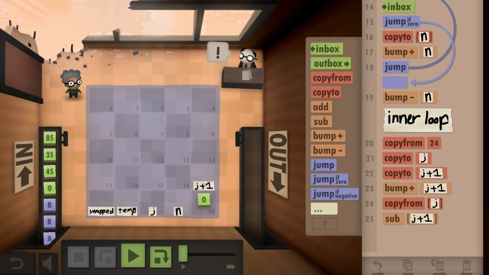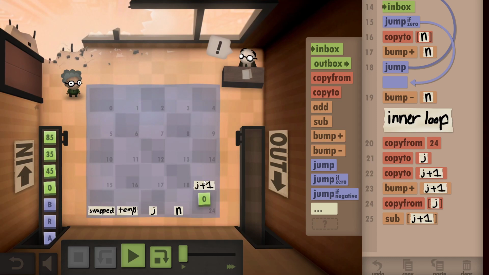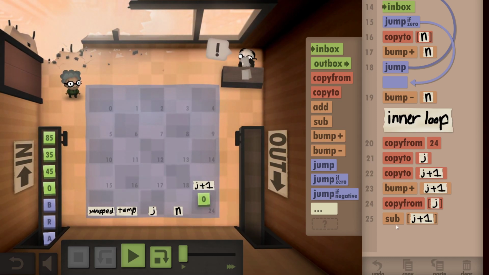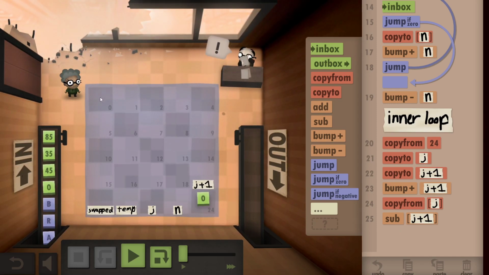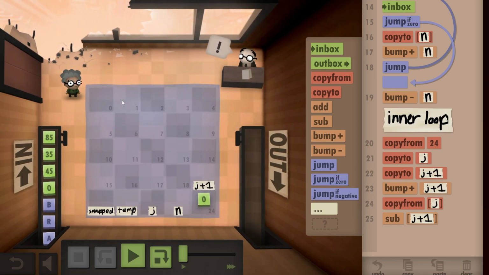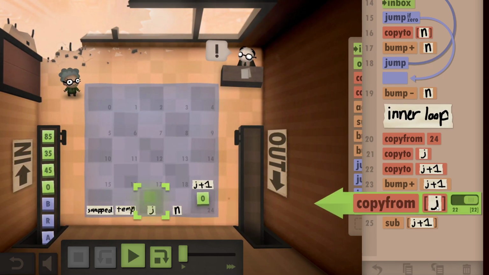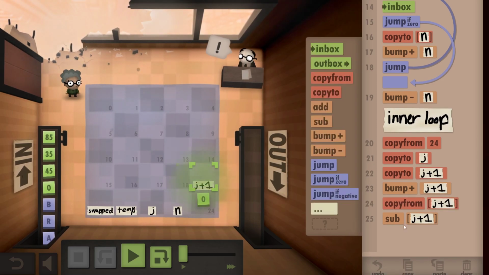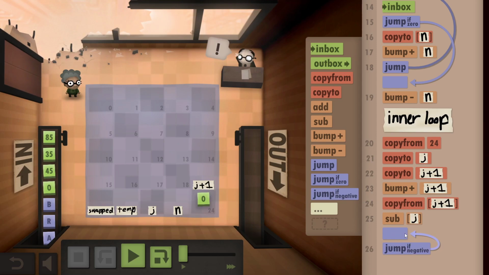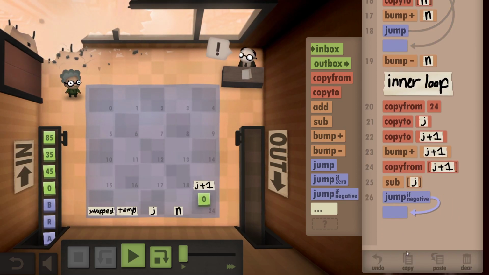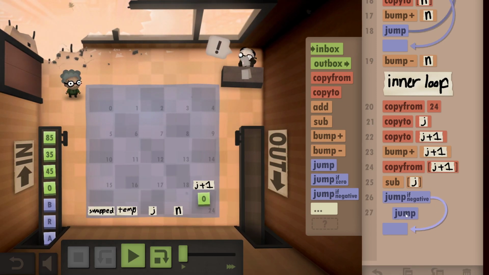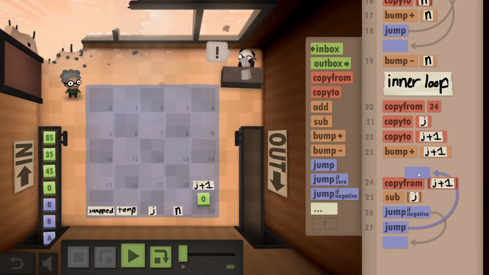And actually, if this number is greater than this number, yeah, I'm going to want to actually copy from there and then subtract that. And then if it's negative, then I'm going to want to do something. If it's not, then